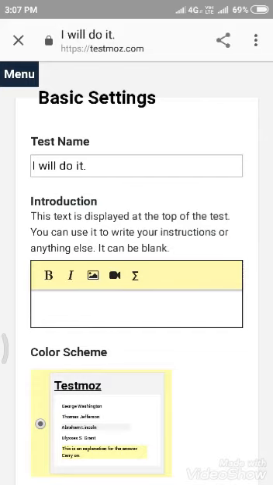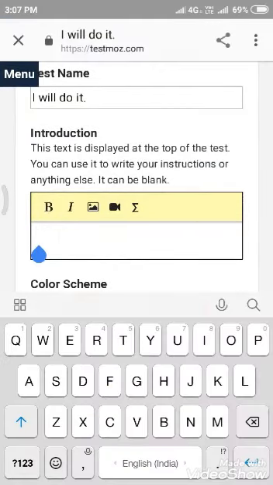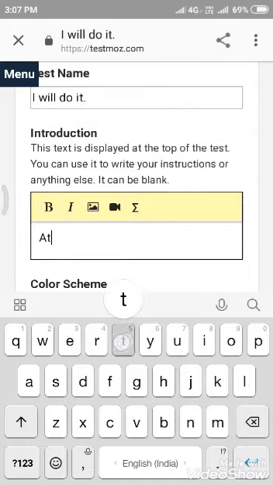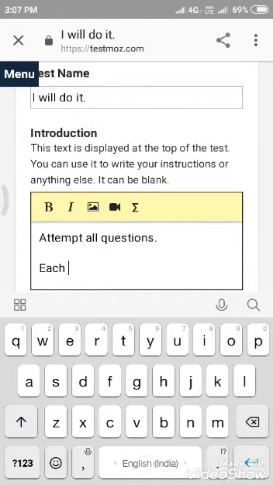So next, adjust settings. Basic settings are there. The test name was already given. Here, introductions. This is displayed at the top of the test. So I give: attempt all questions, and also each question carries 1 mark.